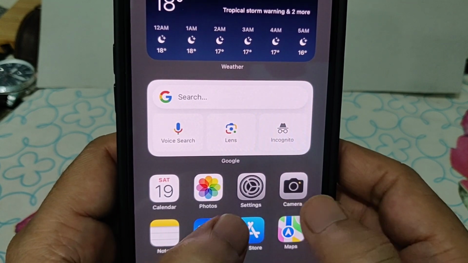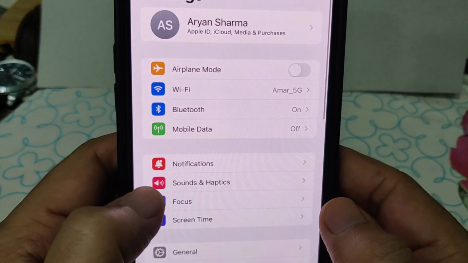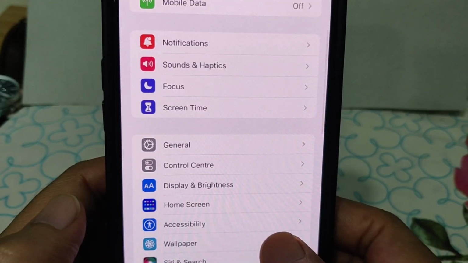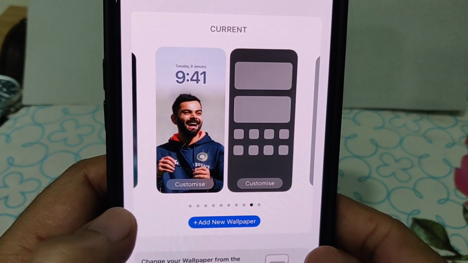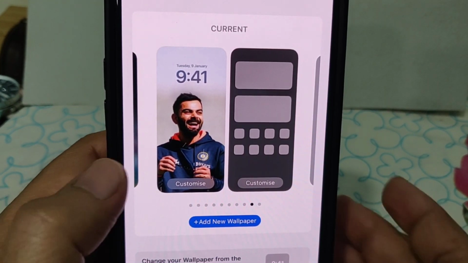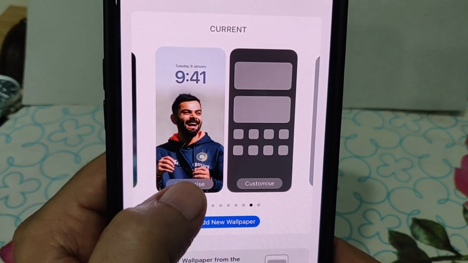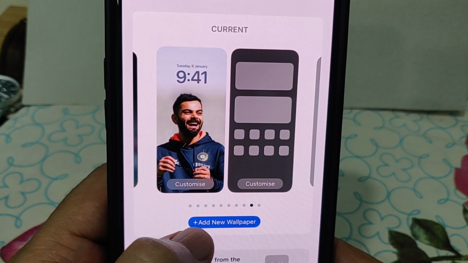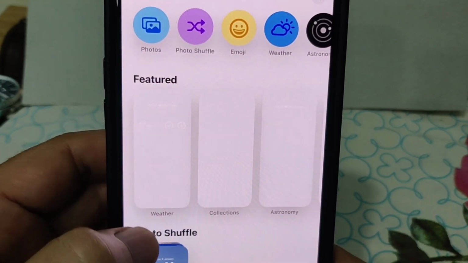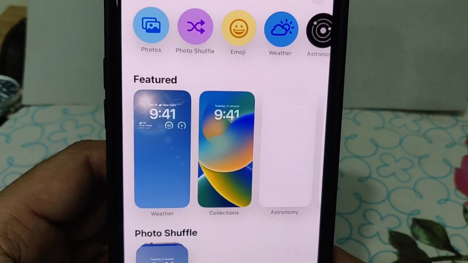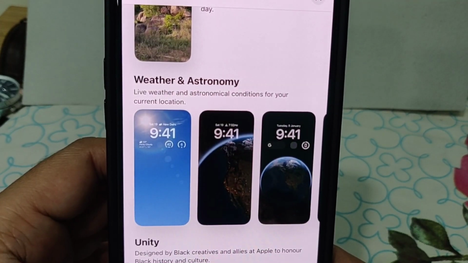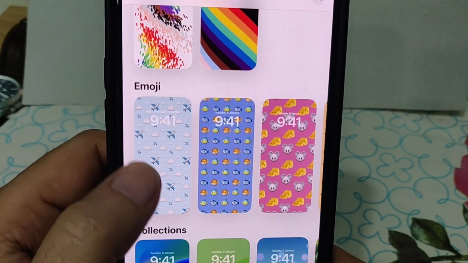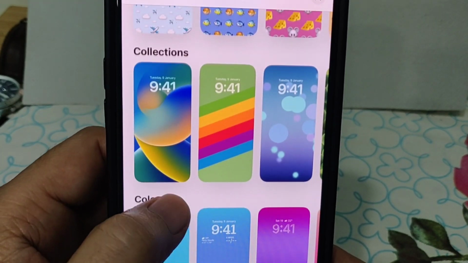The next thing to do is delete the current wallpaper. For that, just go to settings. And here you can try to find wallpaper. So here you go, just tap on it. Now you can see the current wallpaper is set. You can go for delete. Also you can add a new wallpaper. You can see over here, just try to select a new wallpaper from the list, whatever is appearing on your iPhone screen. So you can select any new wallpaper,